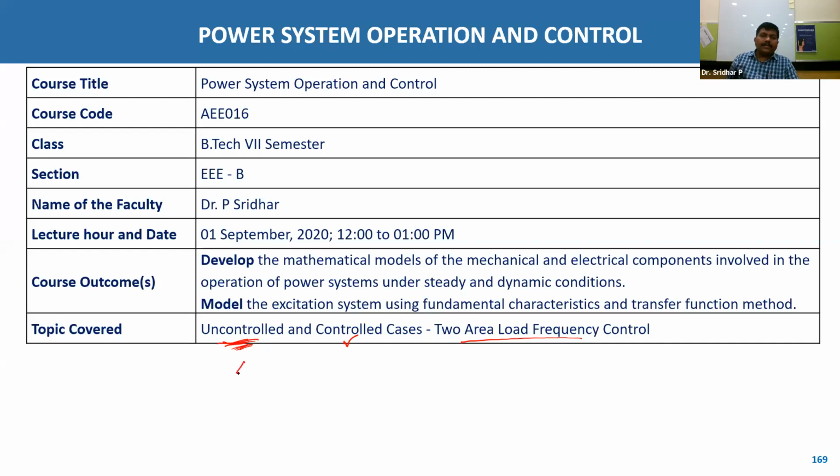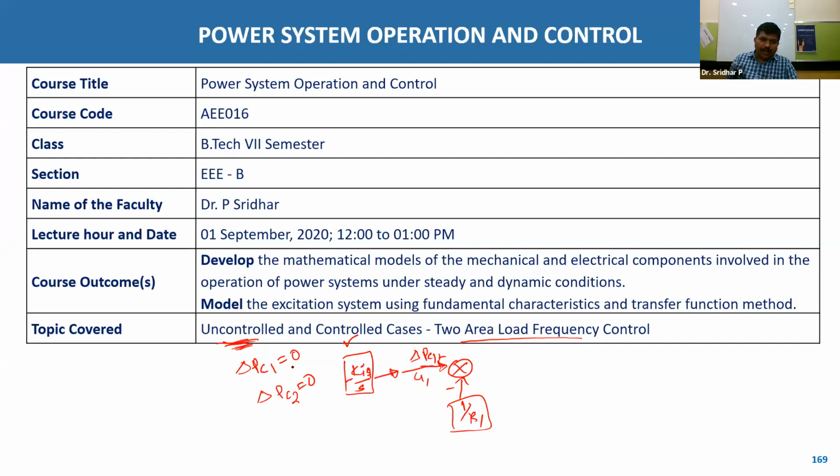In the uncontrolled case, the only thumb rule is delta PC1 is equal to 0 and delta PC2 is equal to 0. What does this mean? If you recollect the composite block diagram of the two area system, that PC1 is the input for this summer. One input we get from the regulator. This is a minus and this is a plus. This is the signal, the delta PC1. The input for this we get from the output of the integrator, so minus Ki1 by S. This is a minus, and the output is given as the input.